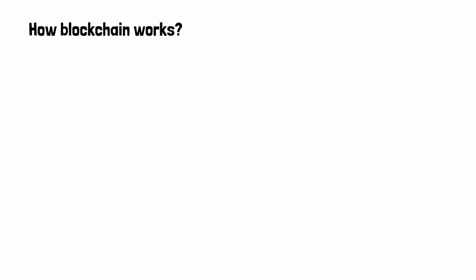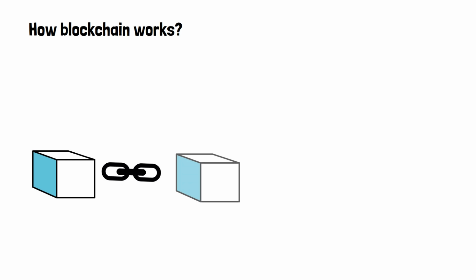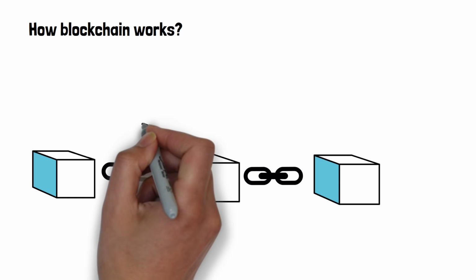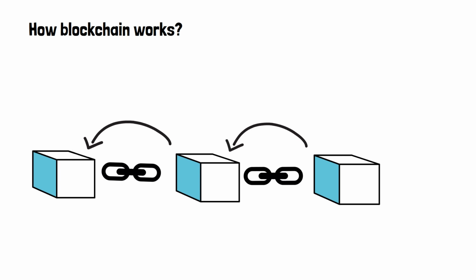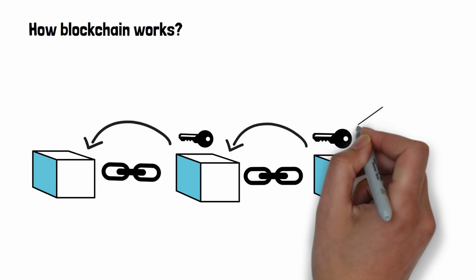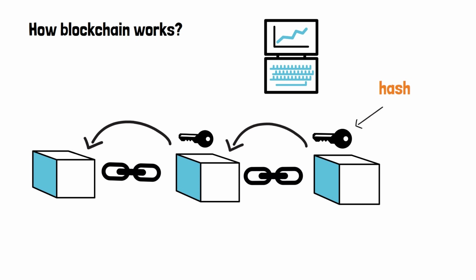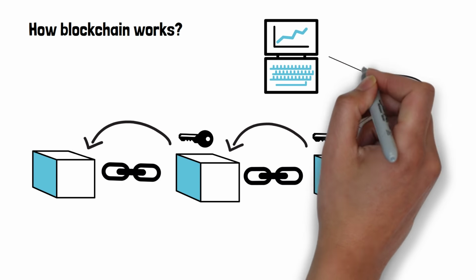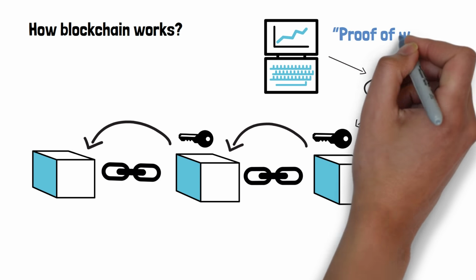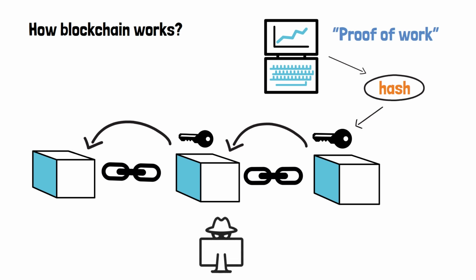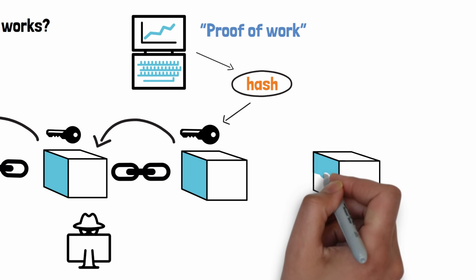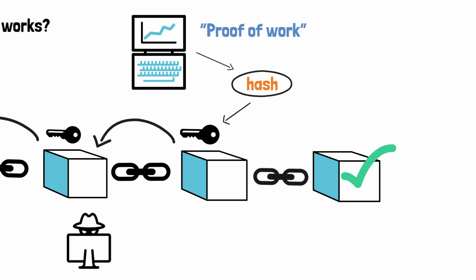Now let's talk about how it works. Storing information in the blockchain means having each block of information unchangeably linked with the previous block. And this is achieved by the fact that each block contains the cryptographic key of the previous block, which is called hash. And in order to create a hash for the new block of information, a huge amount of computer work should be done to confirm the transaction, and this mechanism is called proof of work. This approach makes blockchain resistant to hacker attacks. Much more cryptographic work is done in the background, which only allows confirmed data to be added into the blockchain. We will discuss those mechanisms in other videos.